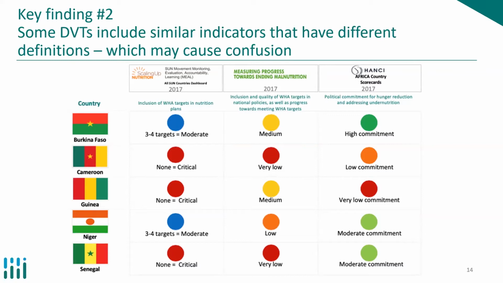This is just an example, and the indicators as well as the methodologies are different. So it's not necessarily right to compare these tools' rankings across, but they do operate in the same domain. That is the tracking political commitment domain. And so that might send different messages to different audiences.